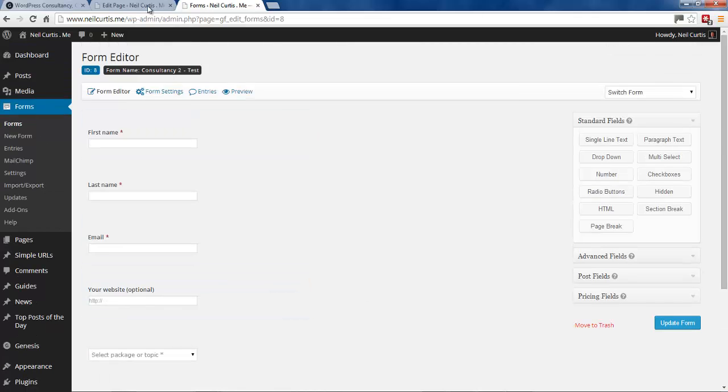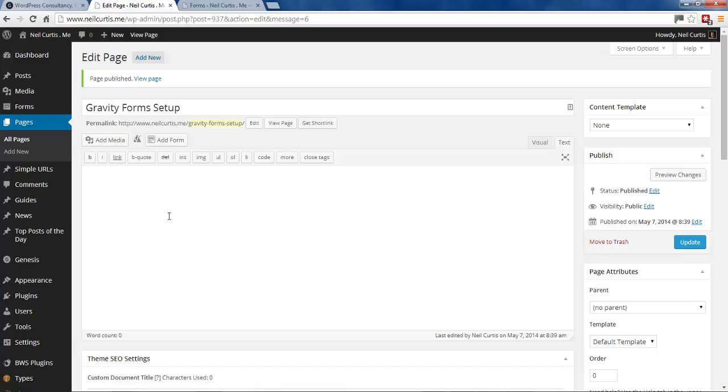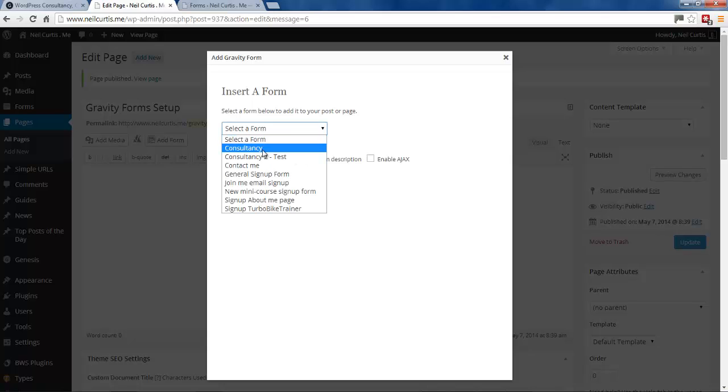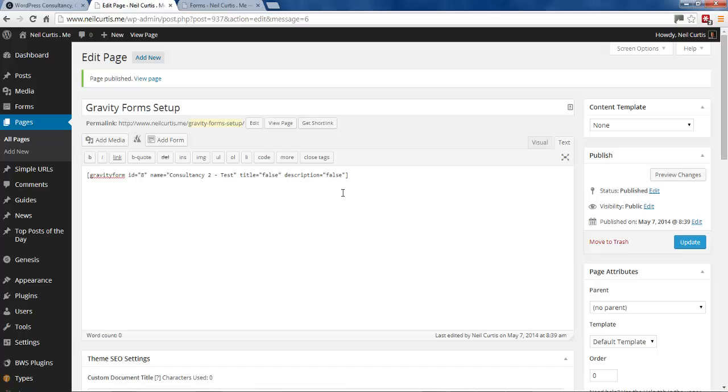Consultancy test is the form name, so we can go ahead and embed the form. We've got this Add Form button which appears once you have Gravity Forms installed. So I click this and select the form. I want this consultancy test 2. I don't want to show the title and I don't want to show the description. Insert form, and there it is. So we'll update that,